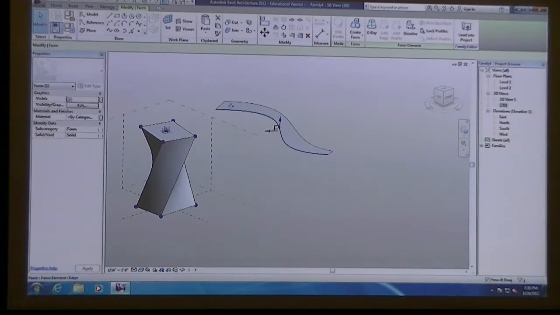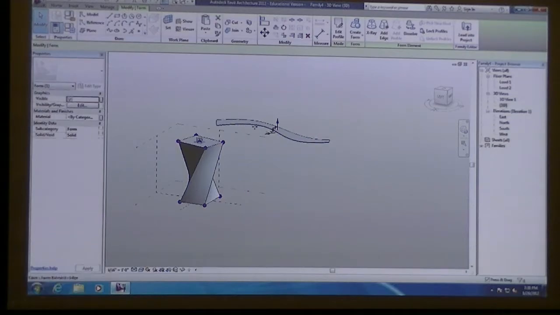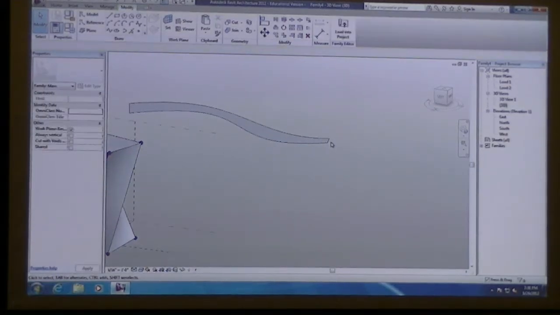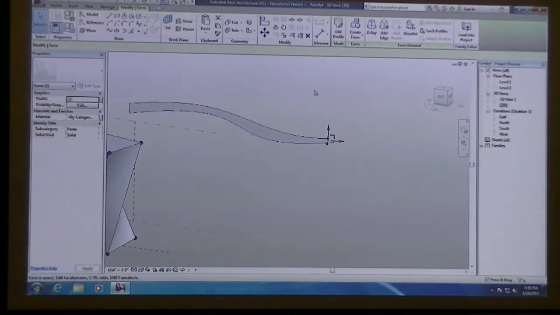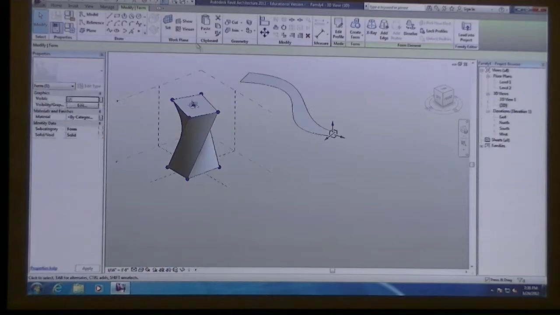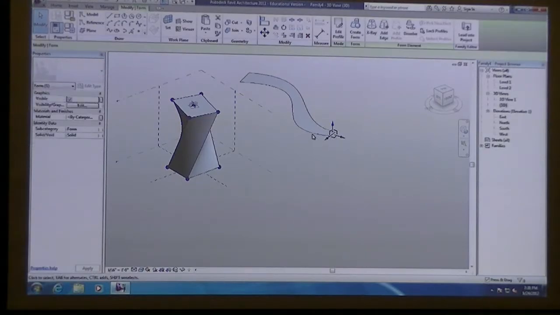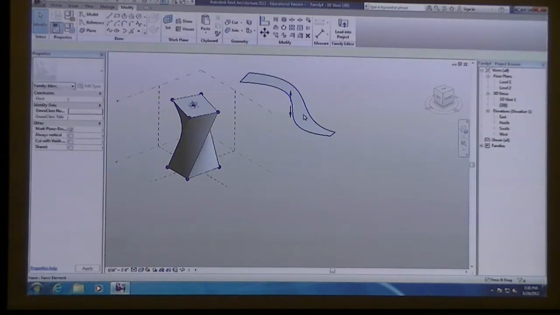So if you had all those points that were associated with the edge of your bridge, you could just create a flat surface. And you could also, let's see. I'm not going to worry about that right now. We're running out of time. Let's do a void real quick.